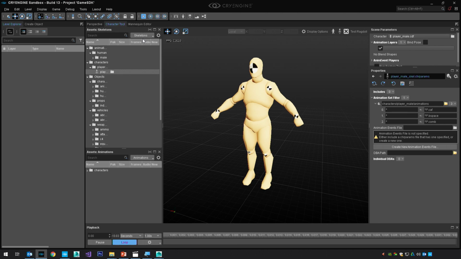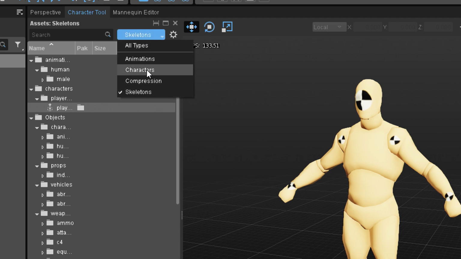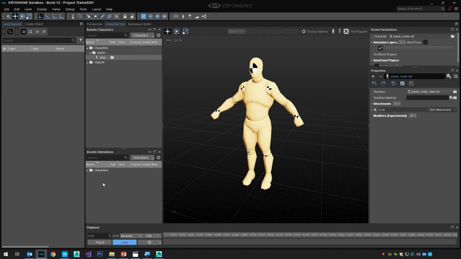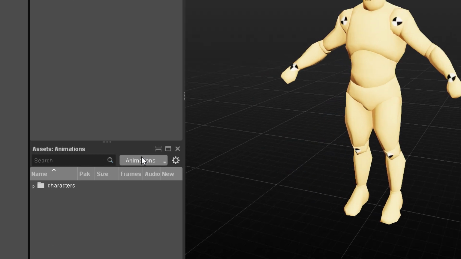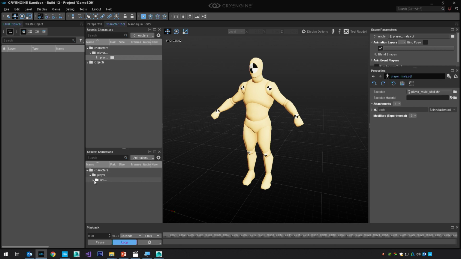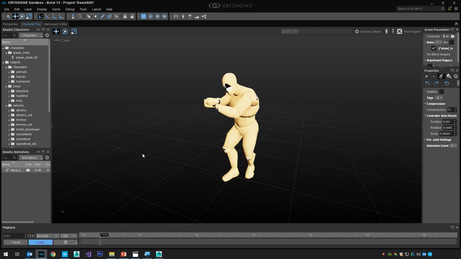It will basically save the CHR params. You can then go into this tab again because you don't need the skeleton anymore. Everything for the skeleton is set up. You can set it to characters again to find your CDF. So the CDF is open and you can see now in the animation tab, if it says animation, you should find a characters folder, player male, animation, and there should be already an animation in it. If you click on it,